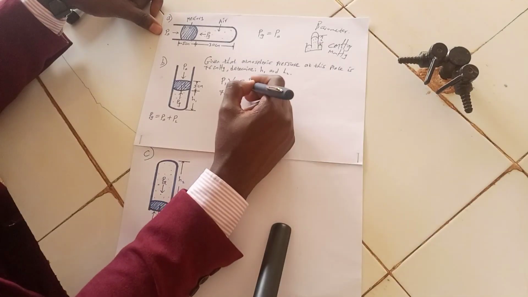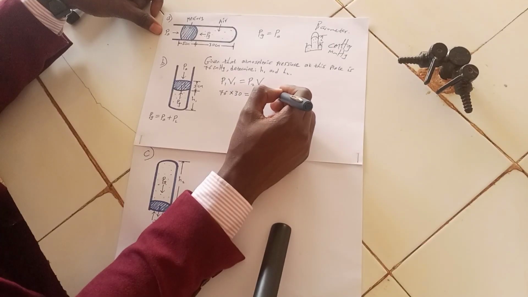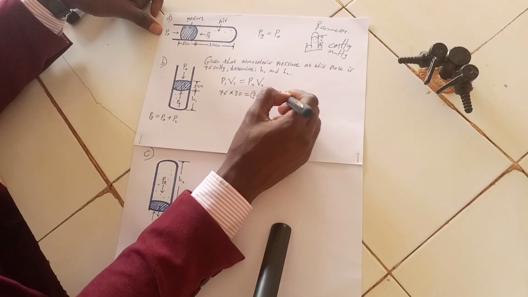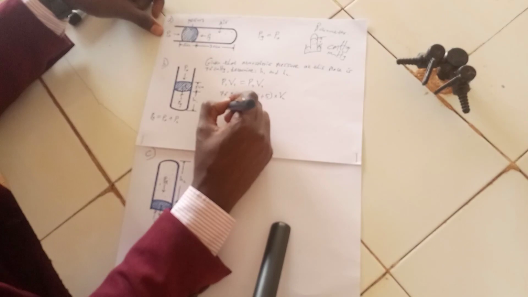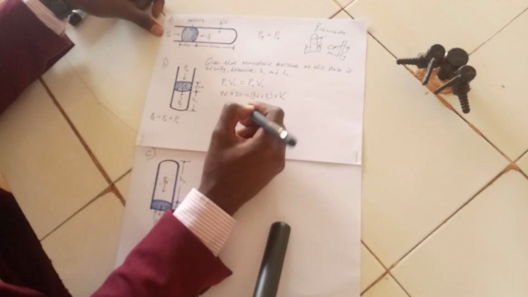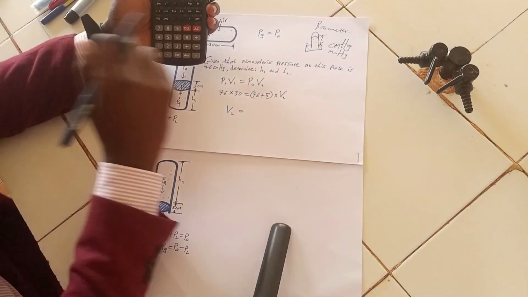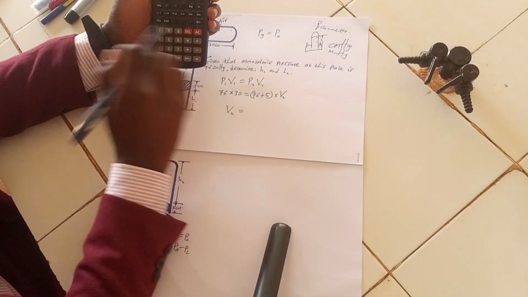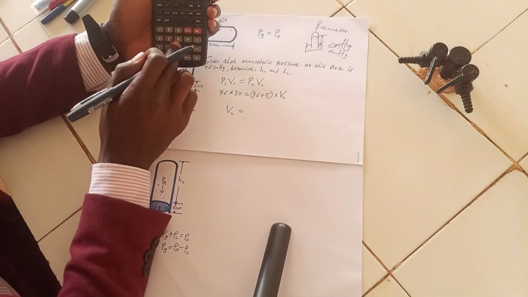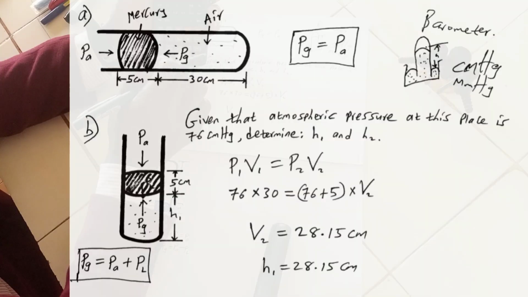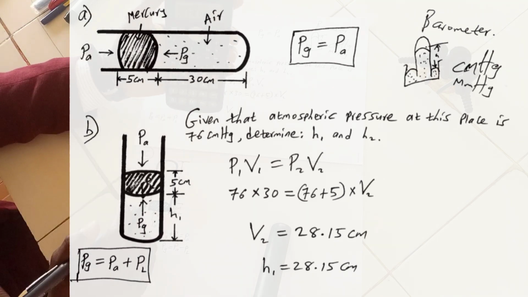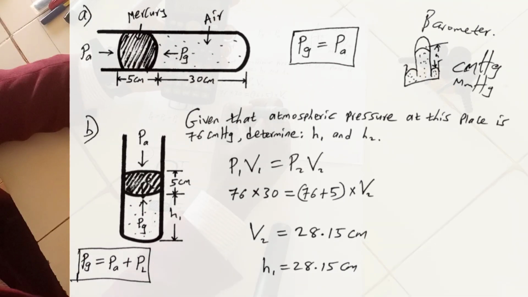So that is pressure 2, times volume 2. We have 76 times 30, we get the answer, then divided by 81. If we divide by 81, volume 2 becomes